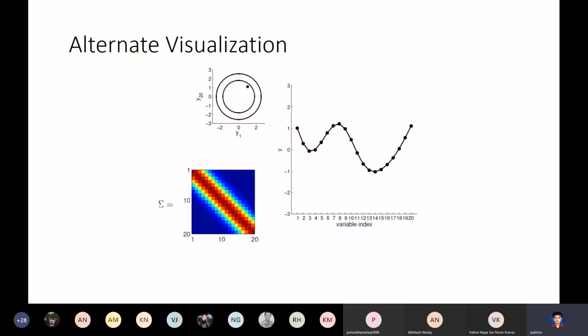So now I extend it beyond 5 variables. Let's say I have a 20 variable distribution. Then this curve becomes less of a piecewise linear curve and more of a real curve. The x-axis is the variable index, and the y-axis is the value. And this covariance matrix, because I have 20 variables, will really be 20 by 20.